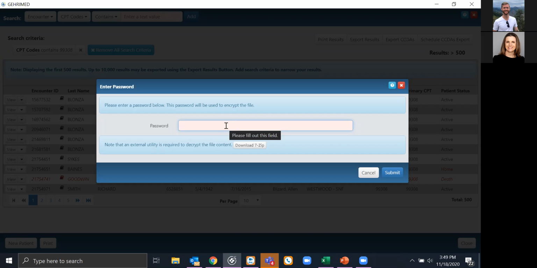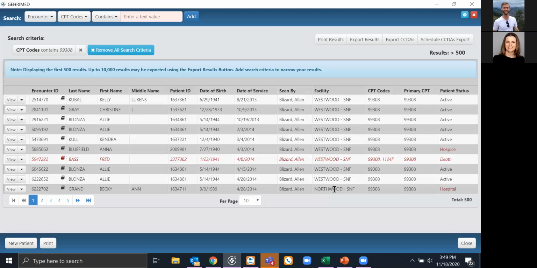I like to use the exact same password for every report that I encrypt. That way, if I'm opening a report from yesterday or from 6 months ago, I know what my report password is. So you create a password. You have to have 7-zip on your computer in order to encrypt and zip this. 7-zip is a free tool. If you don't have it, you can add it to your machine at no cost. So once you create a password and you click submit, it's going to ask you where on your computer you want to save it, just like it would if you were downloading anything else. And then when you go to open it, you have to use that same password that you used when you